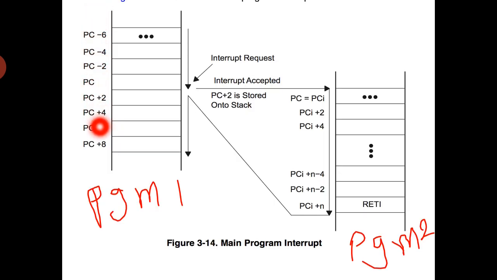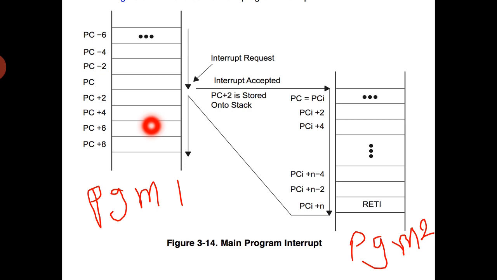These are the memory locations or addresses of these memory locations. So when program 1 is executed from PC minus 6, it goes on executing. Whenever the PC address comes, here the second program requires urgent servicing, means program 2 has to be executed immediately. In this situation, program 2 will send an interrupt request to the processor.